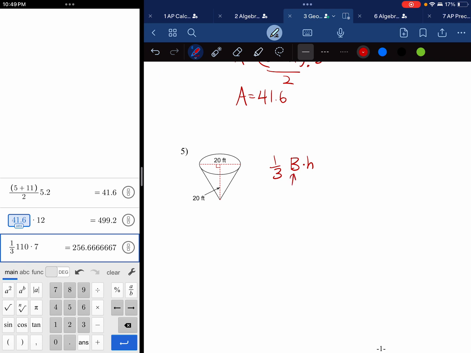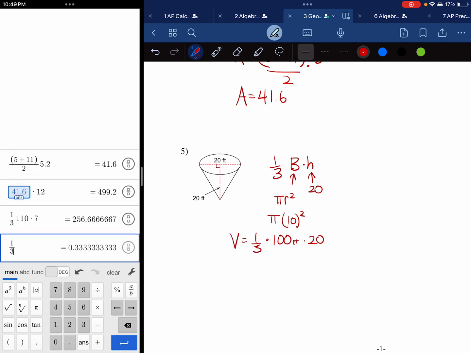In this case, the base is a little bit hard. It's going to be pi r squared, and that's going to be pi times the radius, which is half of 20, 10 squared. So it's going to be 100 pi. The height here is going to just be 20, so my final answer is going to be multiplied by 20, multiplied by 1/3. My volume is going to be 1/3 times 100,